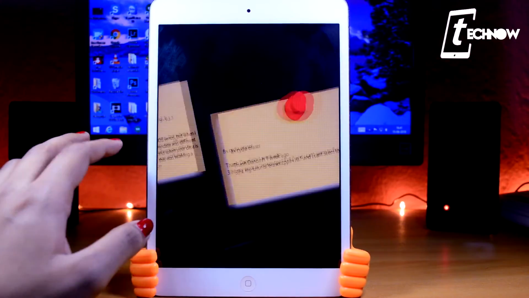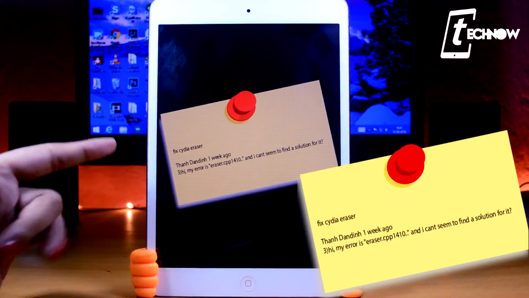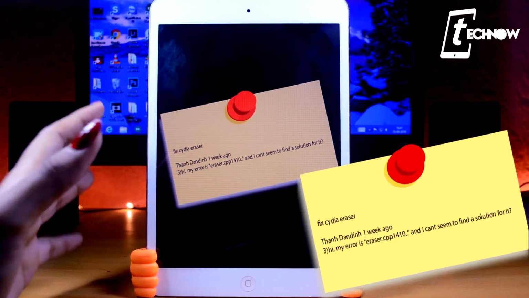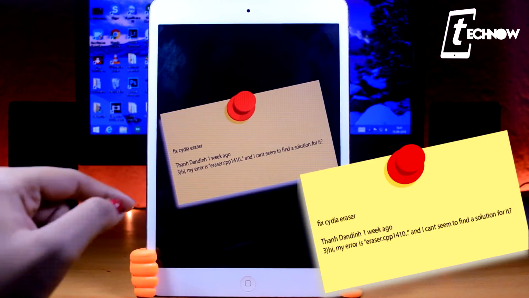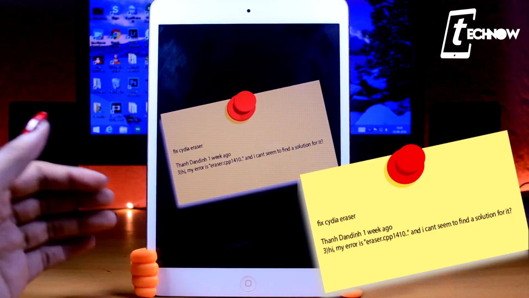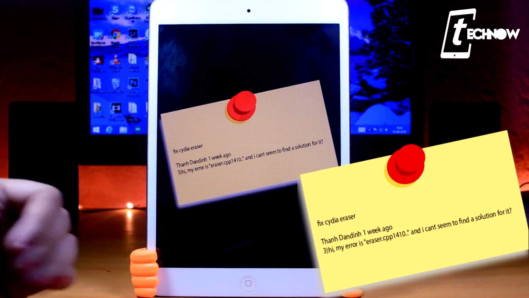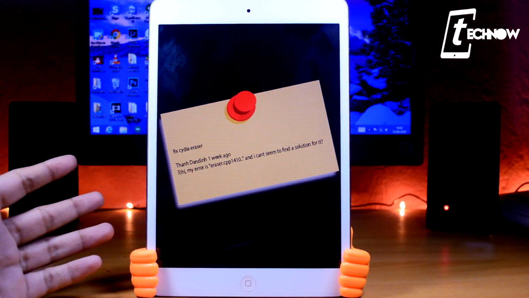Now moving on to our next question, which is on fixed Cydia Eraser. This is from Than Dandin. I'm sorry if I couldn't pronounce your name properly. So he has a problem which you can see right now on the screen. Whenever we have this kind of an error, first of all we are required to know what device you are using, because this happens when there is no full OTA file for the device or this iOS combination. This means you cannot use Cydia Eraser if you don't have a compatible device which supports Cydia Eraser. So if you can tell us what particular device you're using, we can help you further with this problem.